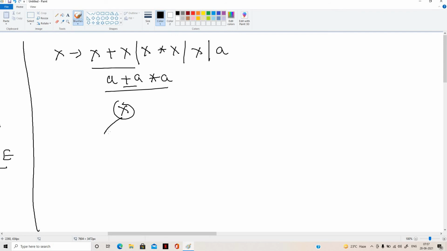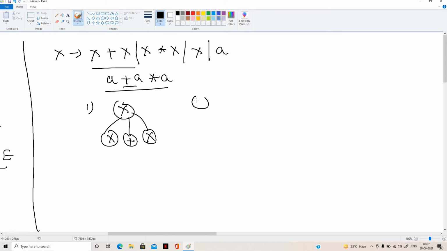So x plus x. Once we found this, then a plus a, I got it. Next our intention is I need to derive the rest. So this is the first step.